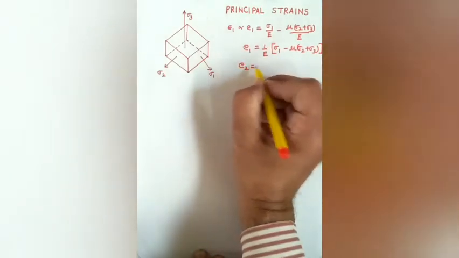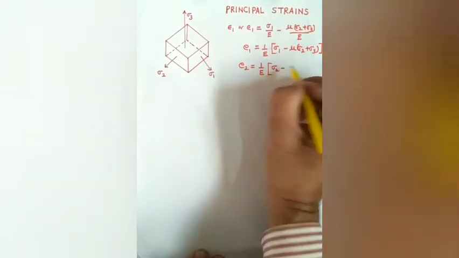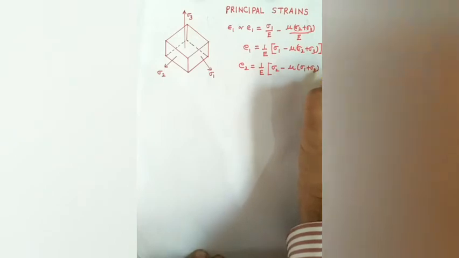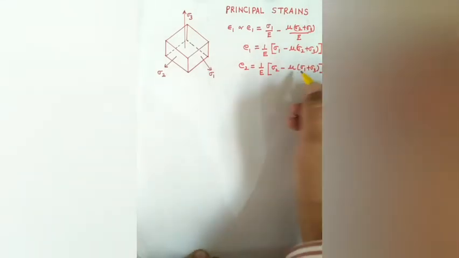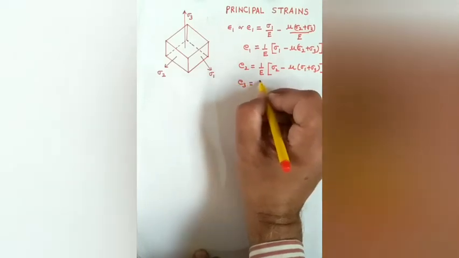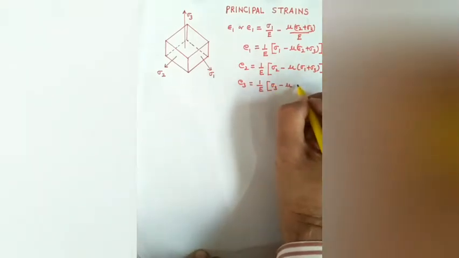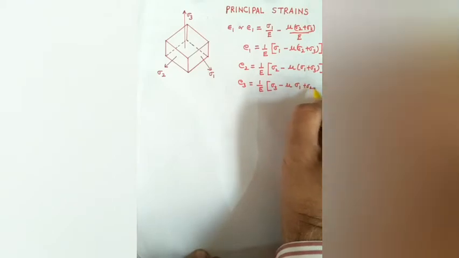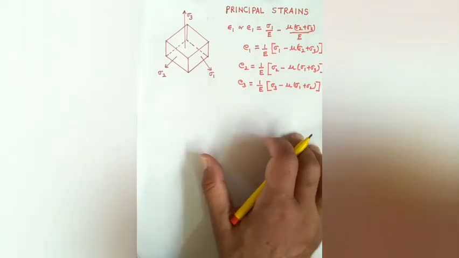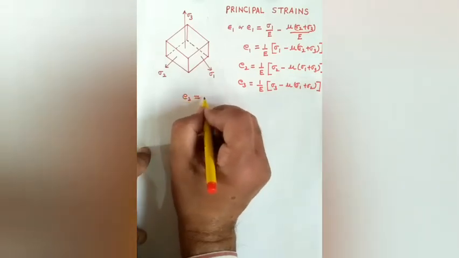Similarly, E2 can be written as 1 by E [sigma 2 minus mu (sigma 1 plus sigma 3)]. Mu is the Poisson's ratio, and E3 is similarly 1 by E [sigma 3 minus mu (sigma 1 plus sigma 2)]. Generally, we consider a two-dimensional system, so E3 is equal to 0